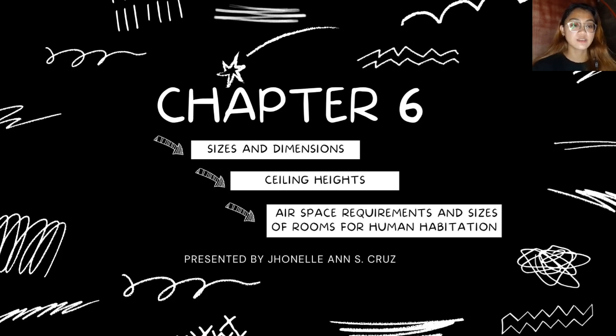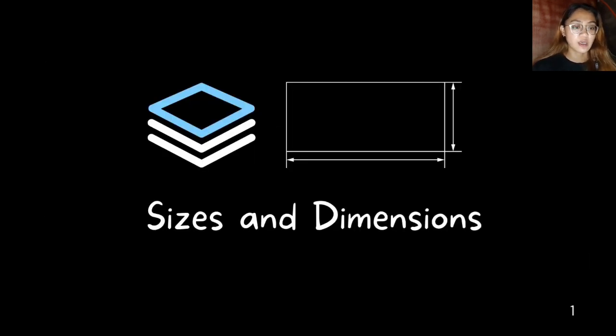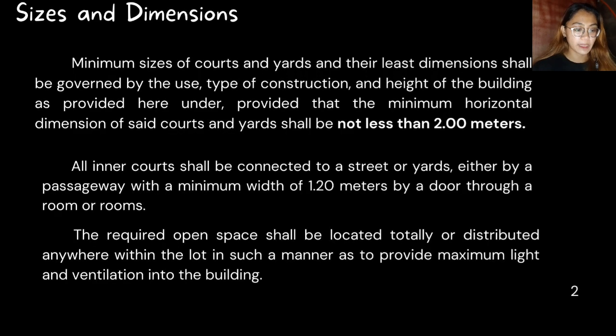Size is the dimension or magnitude of a thing, or how big something is. While the dimension is a measure of spatial extent in a particular direction, such as height, width, breadth, or depth. So under the sizes and dimensions, minimum sizes of courts and yards and their least dimensions shall